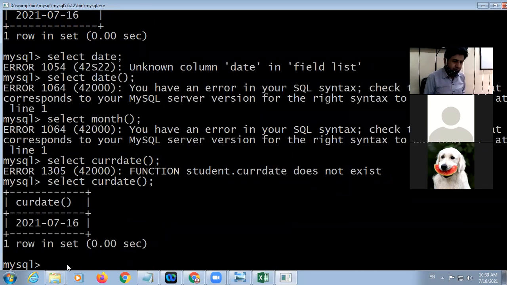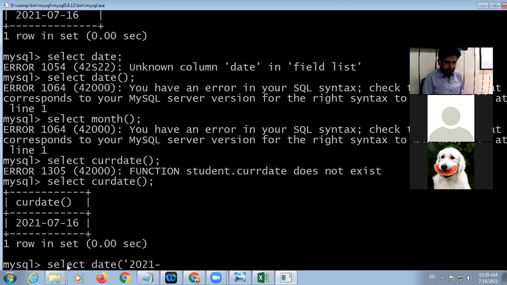Now if I want to display, I'm giving here select date, and the date is always in single or double quotes. Remember this one thing.